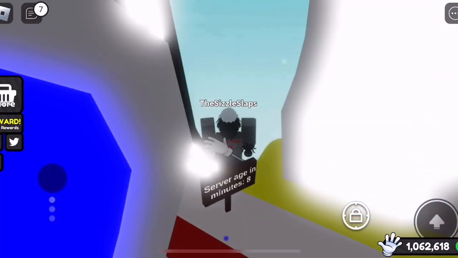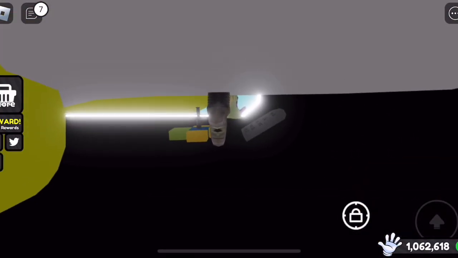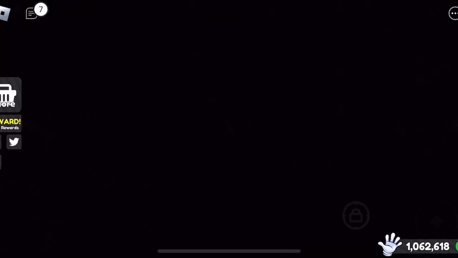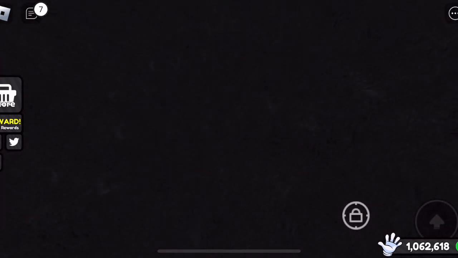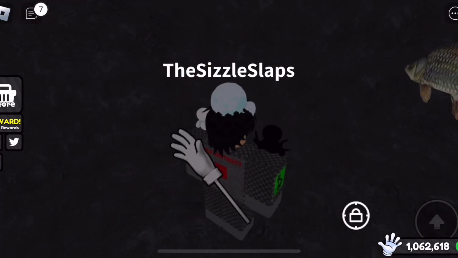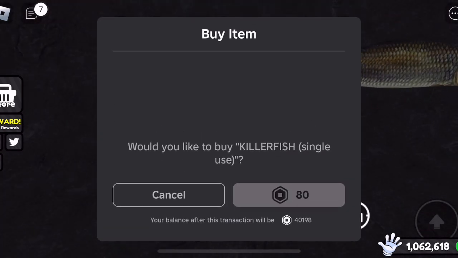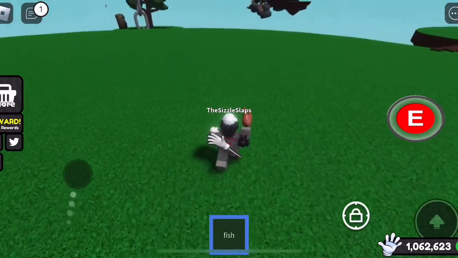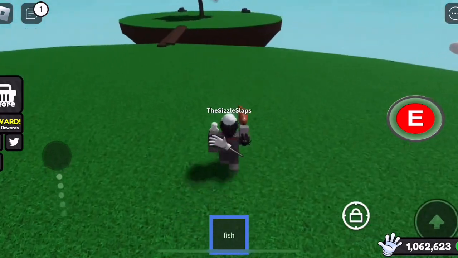And the final glove we have on this list is actually an admin glove. You can buy it for a one-time purchase of 80 Robux. Now, I'm not gonna buy this Killer Fish glove for this video because I don't have that many Robux. Killer Fish costs 80 Robux, and like I said, it's actually an admin glove, so it's basically just an